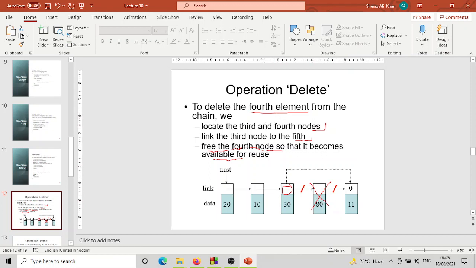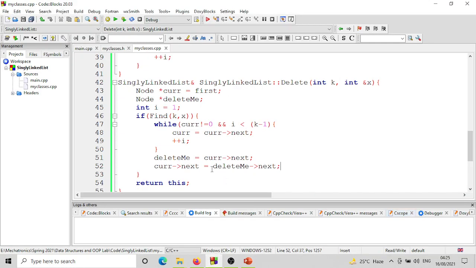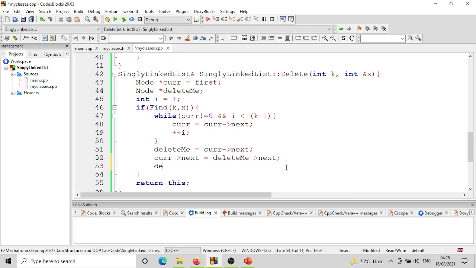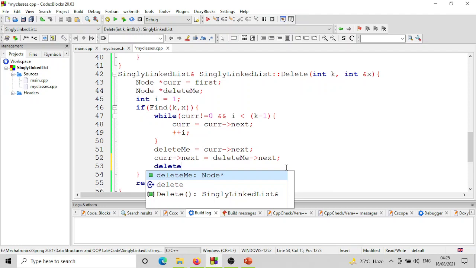So the first thing that you need to do is, if you have to delete the kth node, you need to locate the k minus first and kth node. That is the first thing that you need to do. Then you need to store the address of the kth node, इसका एड्रेस स्टोर कर लें। Then you need to link the k minus first node with the k plus first node, ठीक है। This is how you do it. Once you have done that, then you can delete the node that you have to delete, ठीक है।